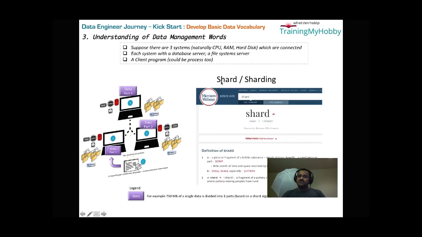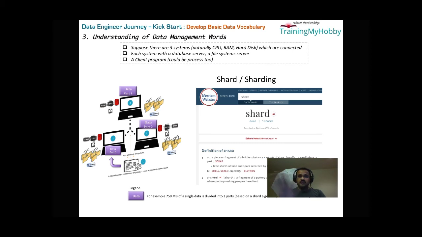This is another word which you keep on hearing: shard or sharding, right? If we look into the dictionary meaning of shard, it's a piece or a fragment. Suppose I have 750 MB of data, and this machine is storing 250 MB, and this machine is storing 250 MB, different parts of the 750 MB. Remember, in the previous eventual consistency, the same data was getting replicated. In this sharding,